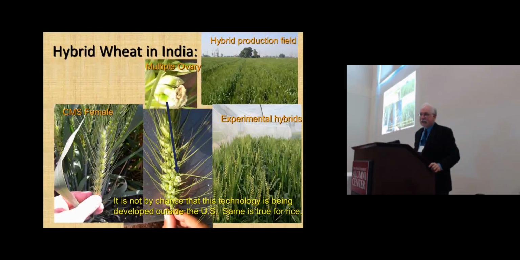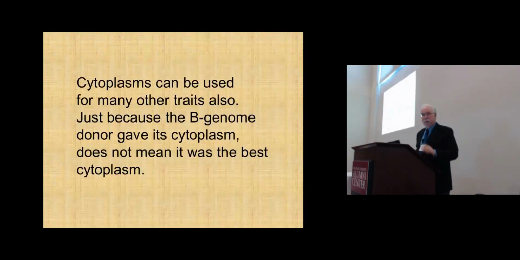But you can breed for that. And by the way, there's just a new paper showing that chromosome 4R from rye greatly enhances the pollination in wheat when you add it as an addition line. So we think they could be used for CMS, for the hybrid wheats. But just because we have the B genome cytoplasm doesn't mean necessarily it's the best. We should be looking for other cytoplasms.